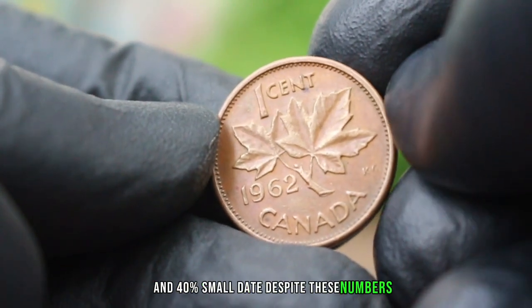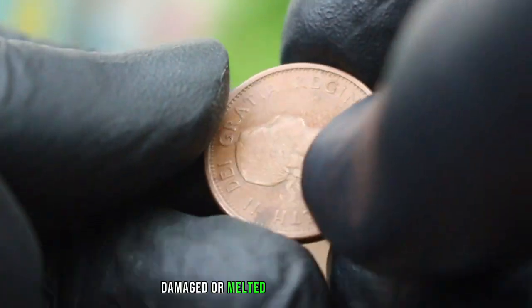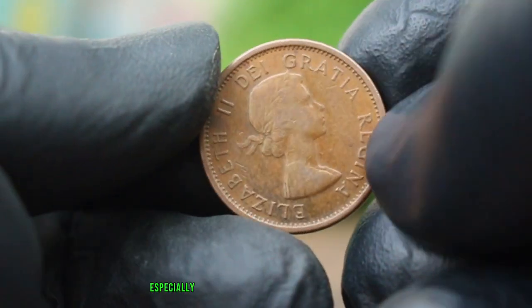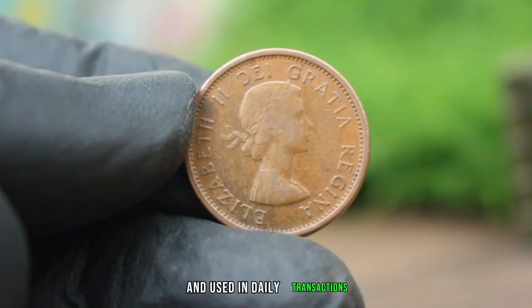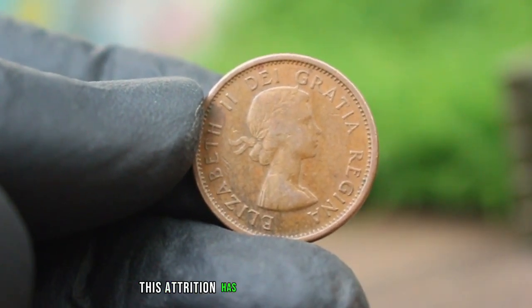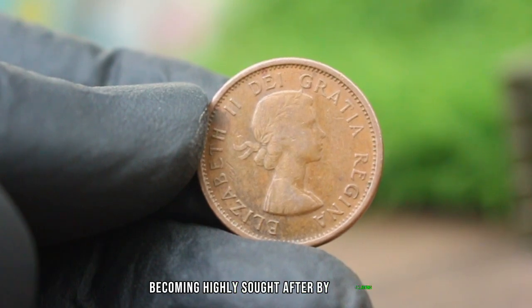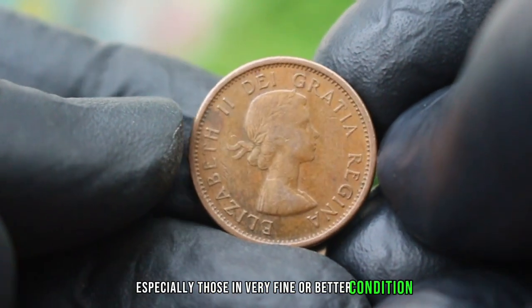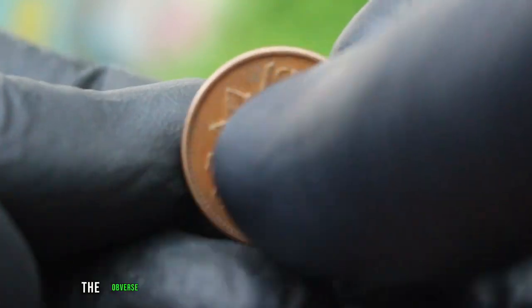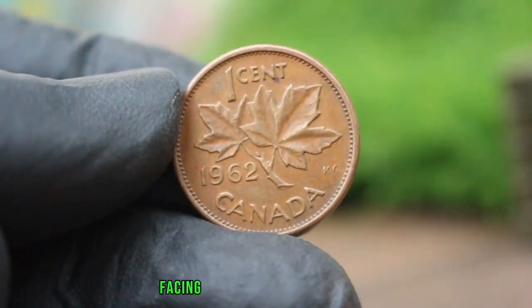Despite these numbers, many of the large date pennies were lost, damaged, or melted down over the years, especially as the penny ceased to be produced and used in daily transactions. This attrition has led to the large date pennies becoming highly sought after by collectors, especially those in very fine or better condition. In terms of design, the obverse of the coin features a young Queen Elizabeth II facing right,